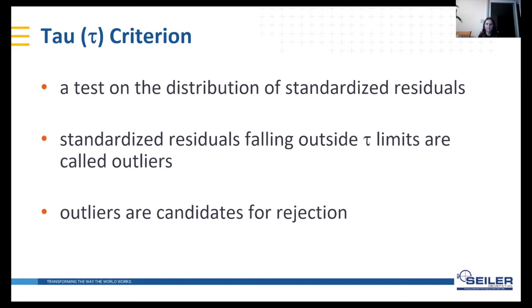Maybe you can reference it to find more information, because there is a chapter on traverse adjustment in that book that helps you calculate all the residuals and standardized residuals.